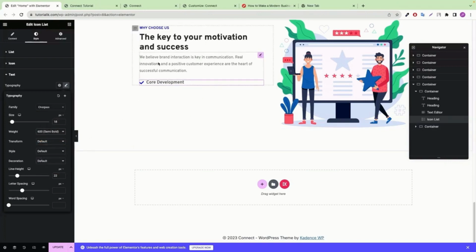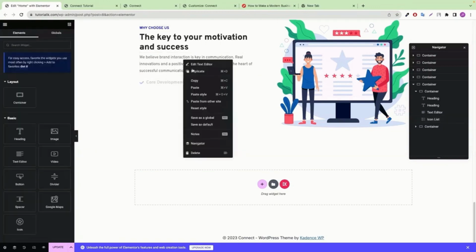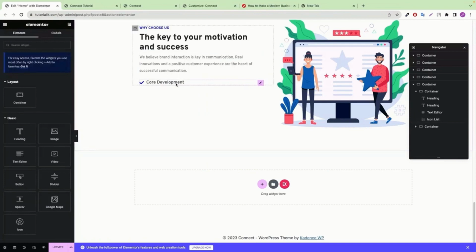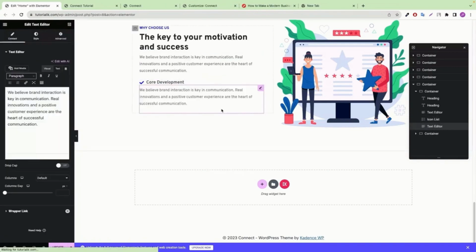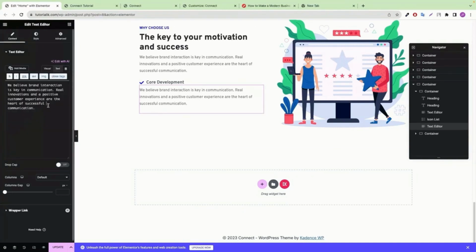All right, so now I also need to add a paragraph here. What you can do is simply copy, click on this pen icon, click the mouse right button and simply click on paste. Then this text will become under this heading. Okay, I mean under this icon list it will become. And now here we need to change this content. So let's click on this pen icon, and now let's simply change this content,